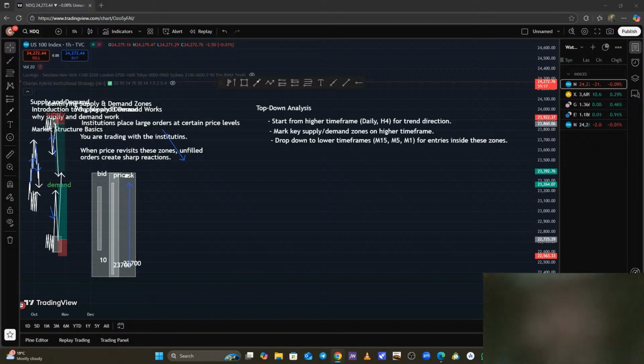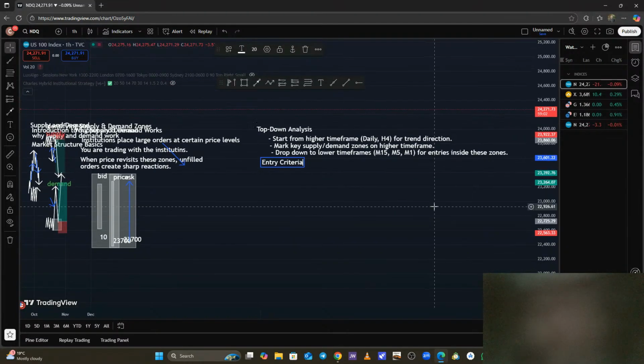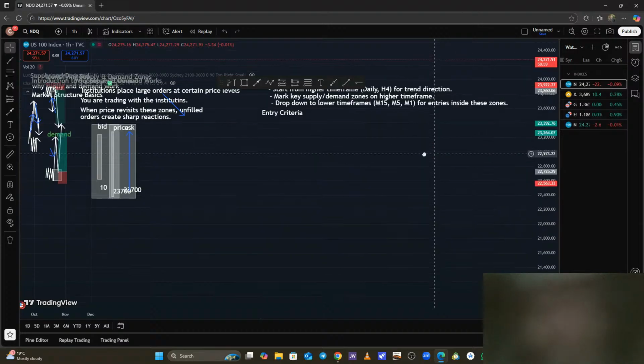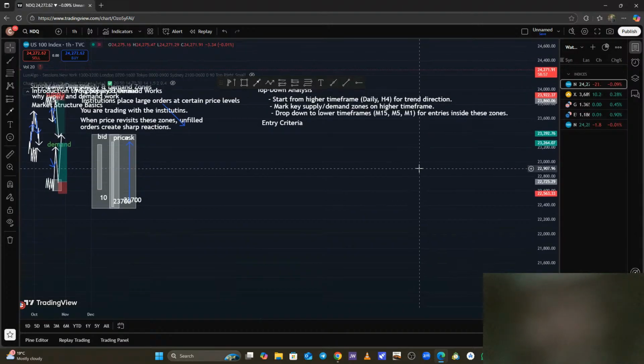So after you identify all this, you need to define your entry criteria. So what's an entry criteria? Basically, criteria just shows what you're waiting for before you can take a trade. So for the entry criteria,